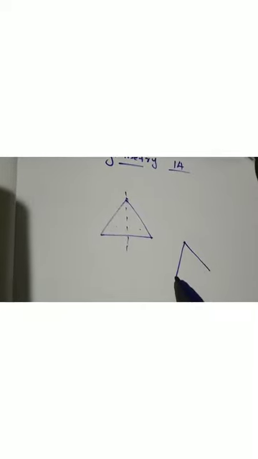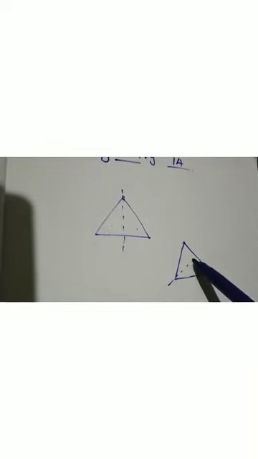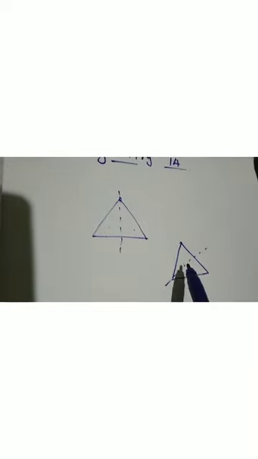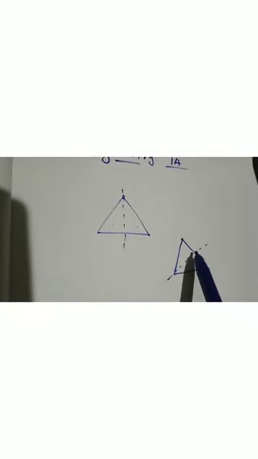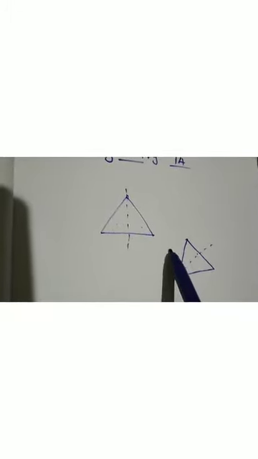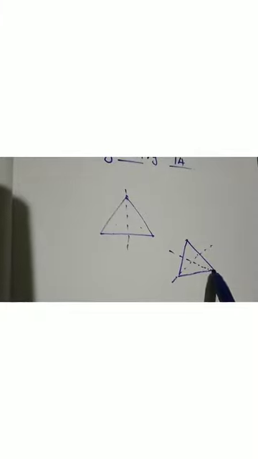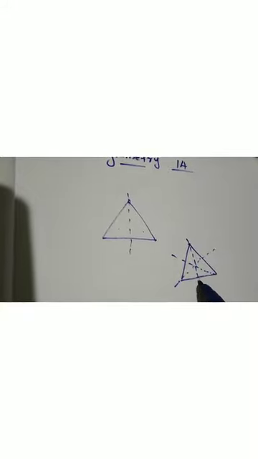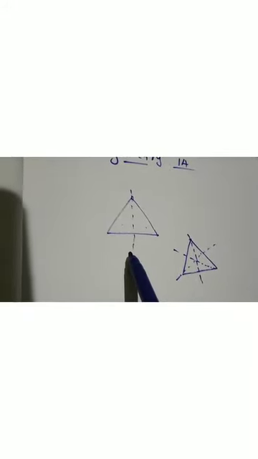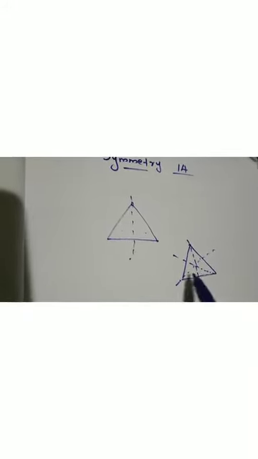it's an equilateral triangle. We can make this type of one symmetry, and this is passing through the middle of this opposite side. This is the median. Then here we can draw another one. So here also we can do another one. So here only one line, and here we can make 3 lines.